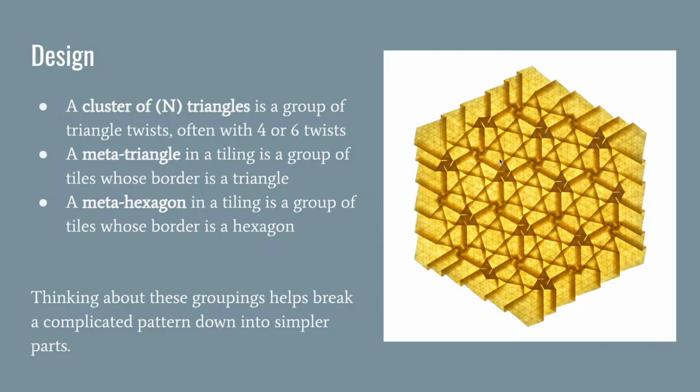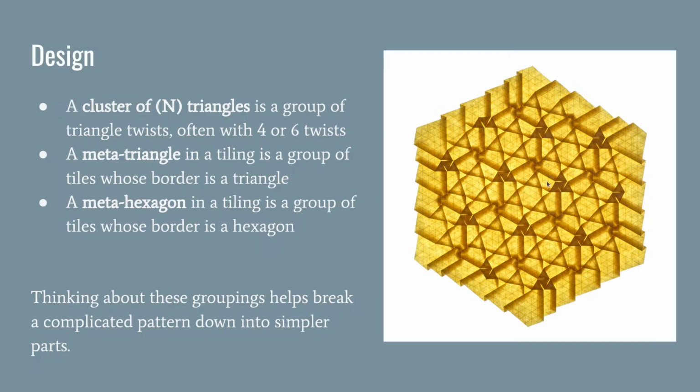There's a cluster of 4 that's pretty easily identifiable, this little pyramid of darker space. You actually have the same cluster of 4 on the backside. And then I think of this space between the clusters of 4 as a cluster of 6 triangles, where you have open triangles on the front alternating with open triangles on the back. And so then I can simplify this pattern that has 1, 2, 3, 4, 5, 6 different triangle positions into